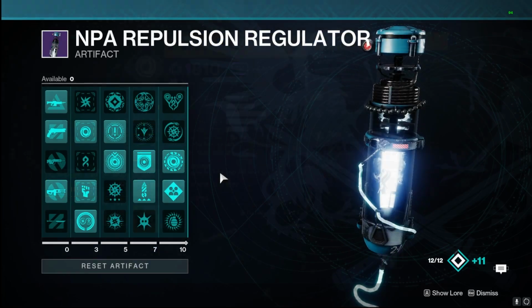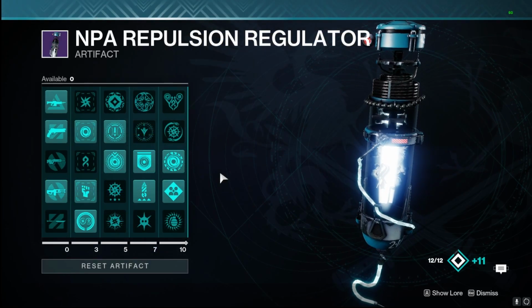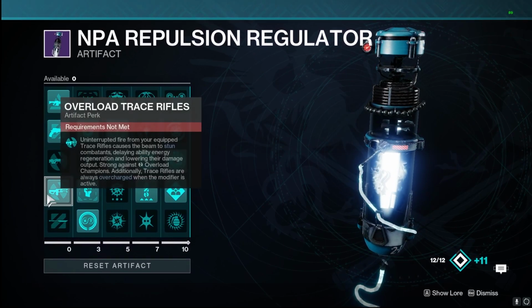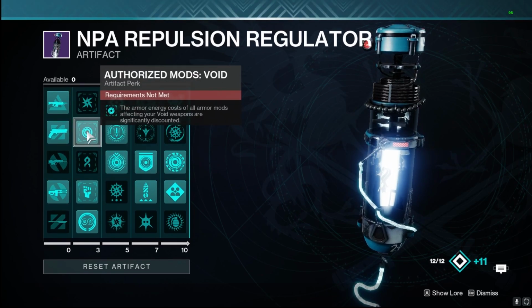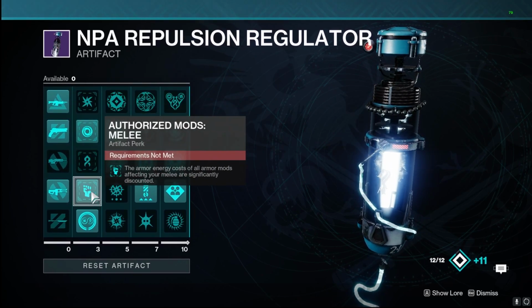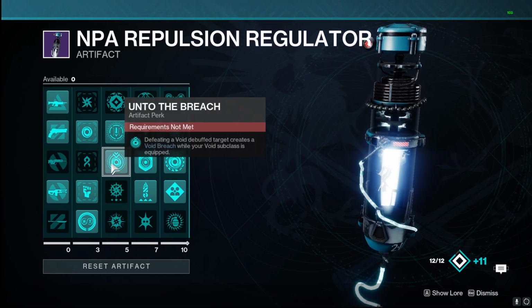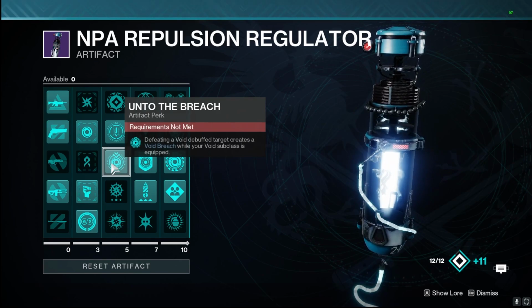Now, when we move on to our aspect, which makes this S tier build S++, we have a few different things that we're using in this: Overload Trace Rifles for that Hollow Denial. Next up, we got that authorized mods for melee as well as Void, allowing those to be a little bit cheaper for us. Now, this stretch of 3 right here is what makes this build so good this season with